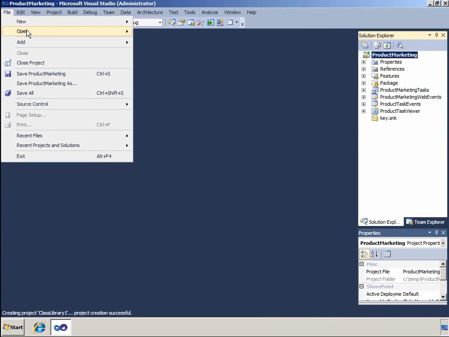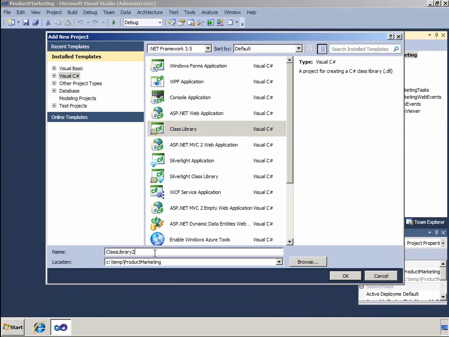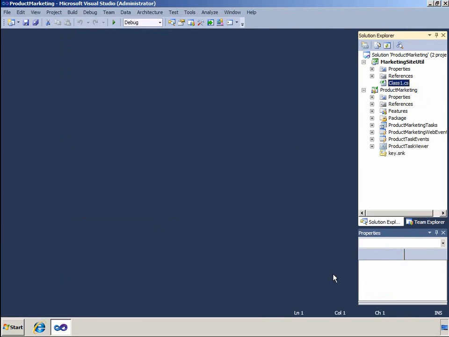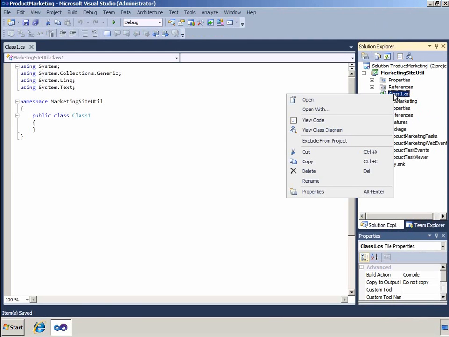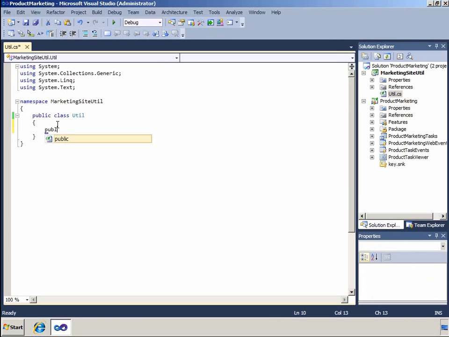a class library. So this is actually a non-SharePoint asset to start with, and we will just call it Marketing Site Util, because it's going to contain a little helper function. And it just has a class, so we can rename the class to something more appropriate for our purposes. So I'll call it util. So let's make a public string method called setSiteTitle. And very simply we are just going to return a static piece of text from this method call, and the